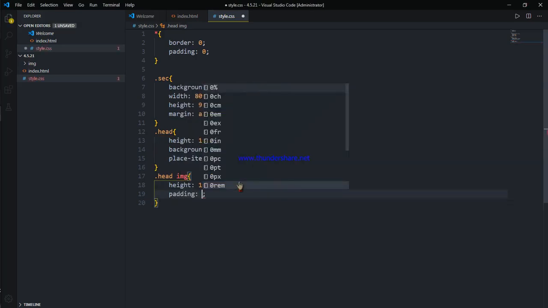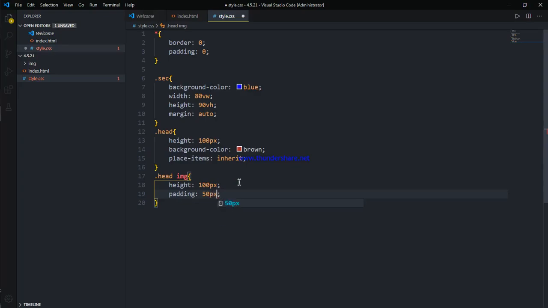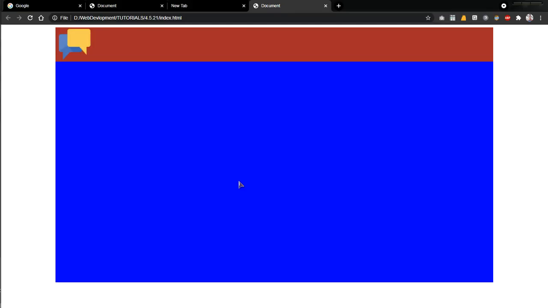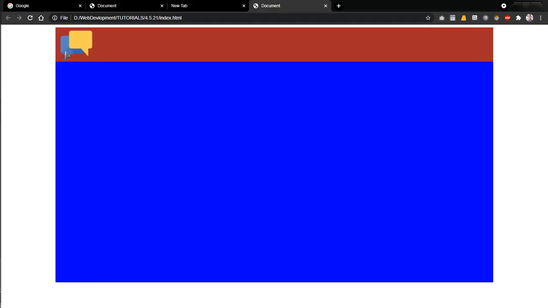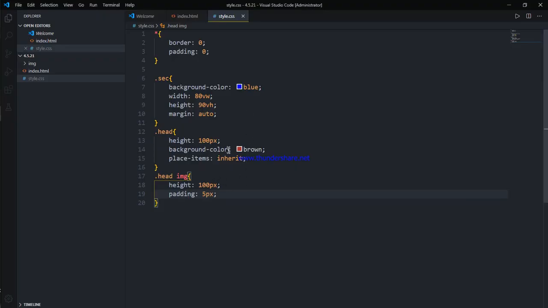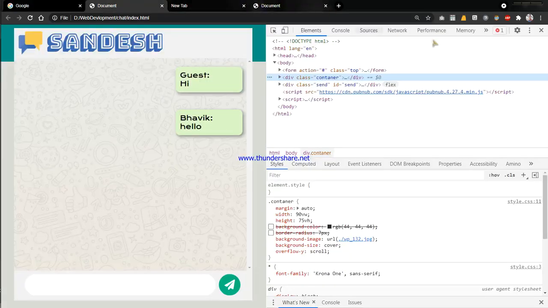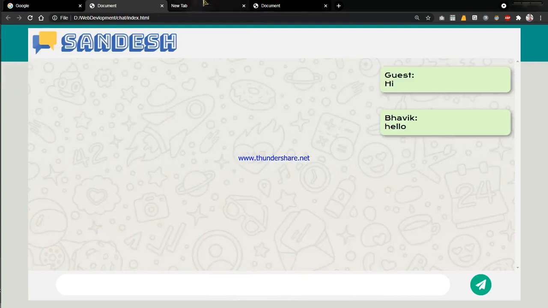Go with padding 50 pixels or something. Okay, that's too much. You can just do like, where is it going here?